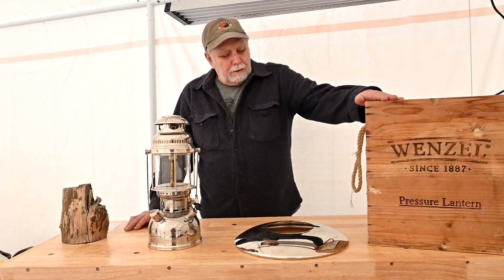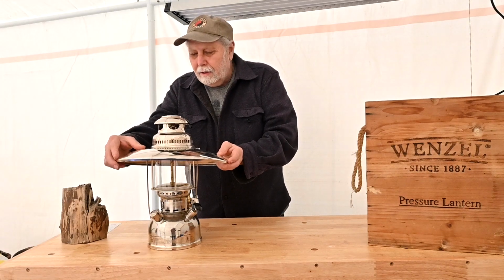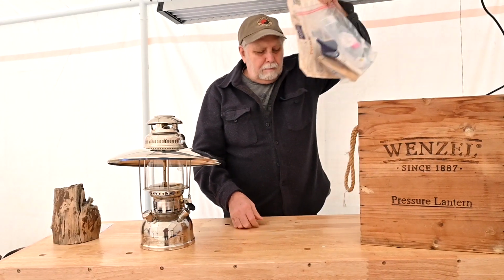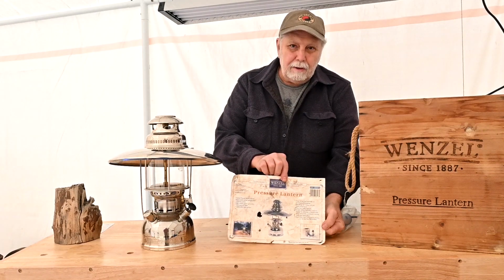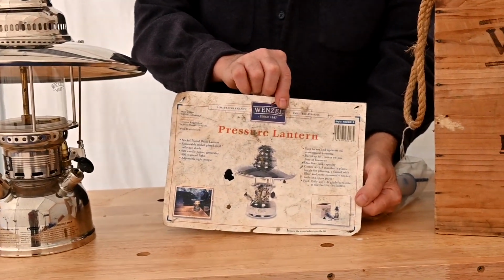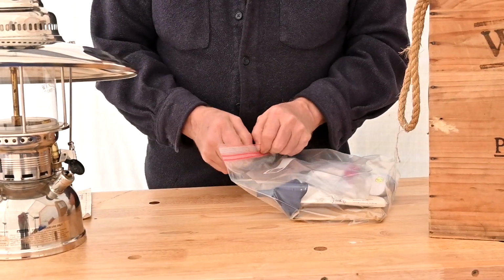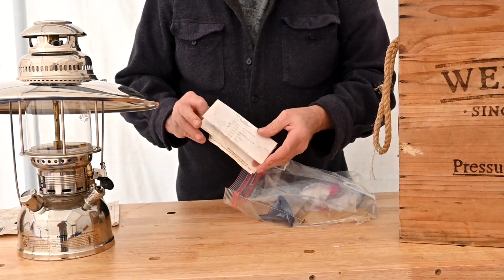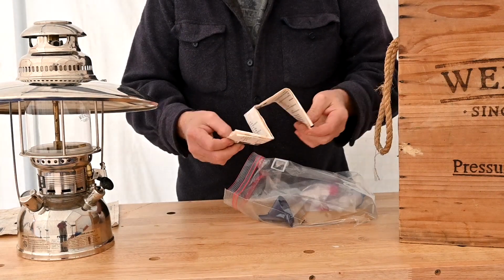Like I said, it comes with a nice original wooden box. And this pretty nice top here. Also comes with a bunch more stuff here. Got a little advertising sheet here. And then a bunch of other goodies. And it comes with an owner's manual, parts manual,